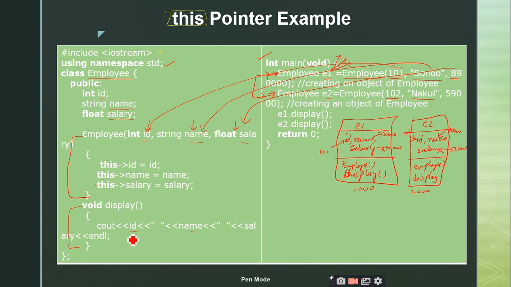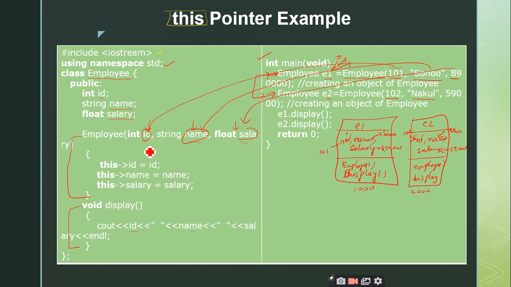What are the actual names of the data members? It is id, name, and salary. And what are the parameters accepted by this constructor? It is again id, name, and salary, right?